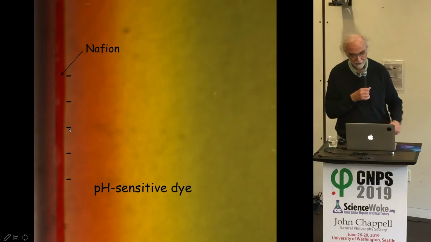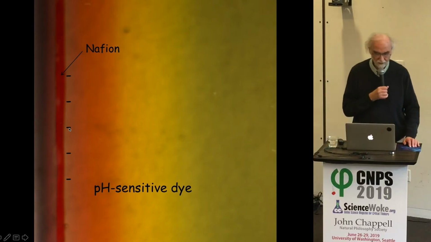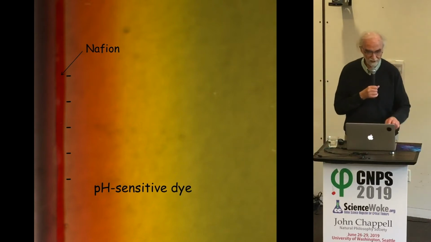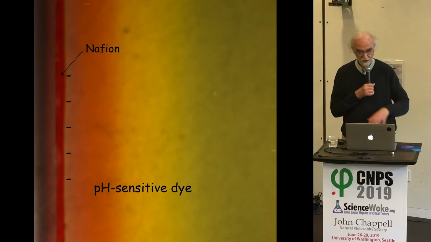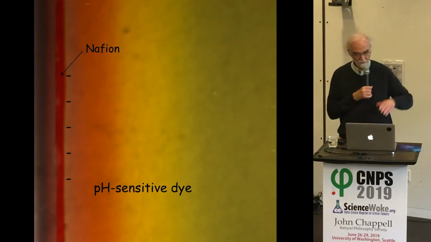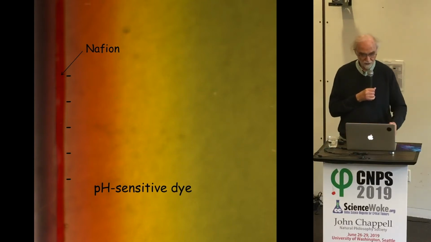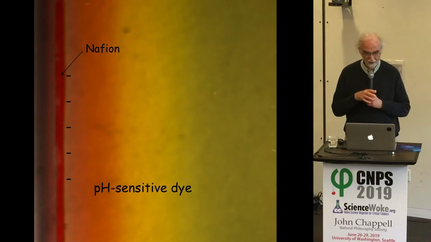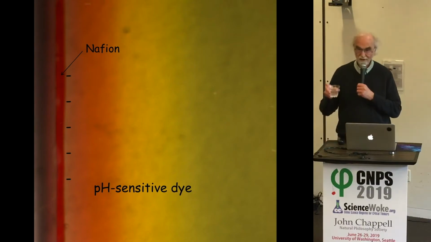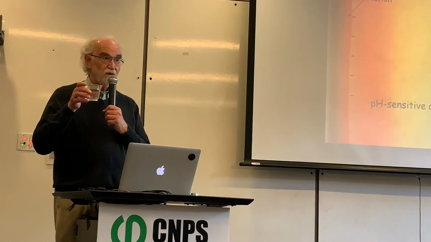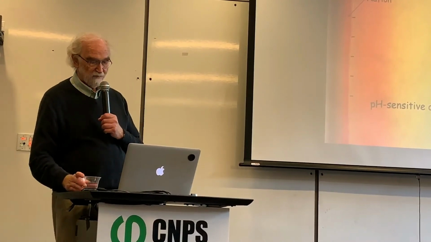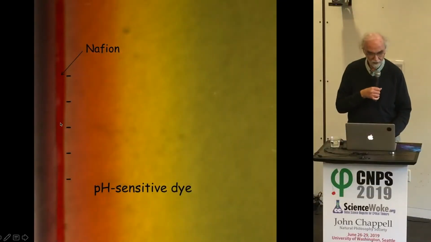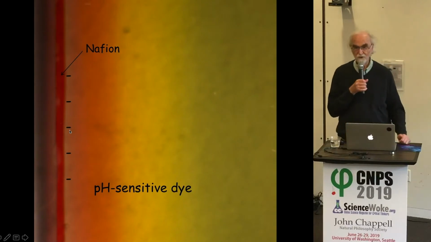Similar result, but still, we were skeptical because it doesn't make sense. In the experiment, we have a chamber here, and we put a piece of Nafion or gel or something that nucleates the EZ, and you take water, and the water is neutral, and you pour it into the chamber. How is it possible that you get a large region of negative charge? So we were scratching our heads because it didn't make sense.